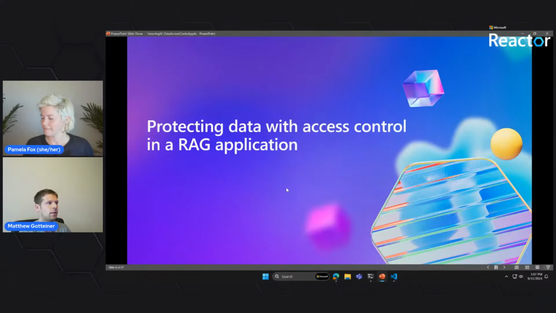Awesome, perfect. So this section is really all about this: we have a basic RAG application, as Pamela described, and we now have a new problem. There are many people using this RAG application, and not all of them should be able to see everyone's data. So what does that actually mean? How do we make sure that users can only see their specific data?